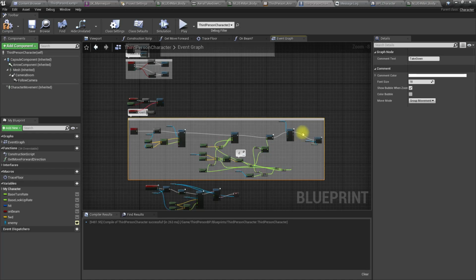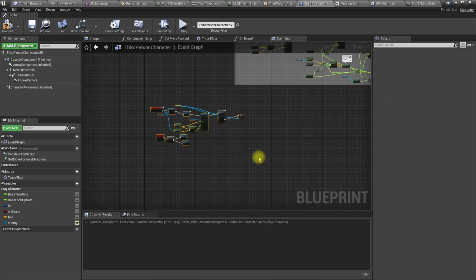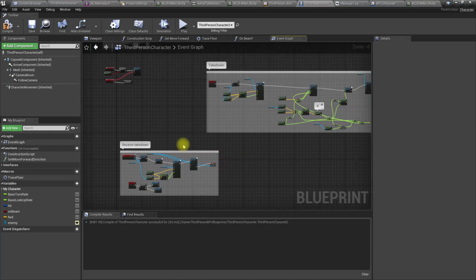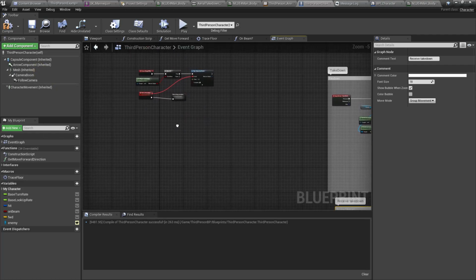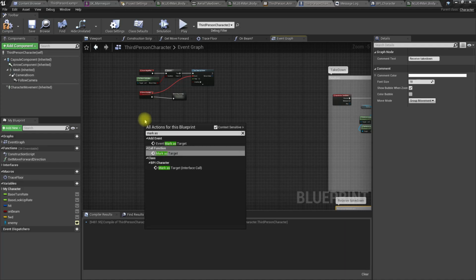Takedown, and this is receive takedown. And here let's add mark as target,